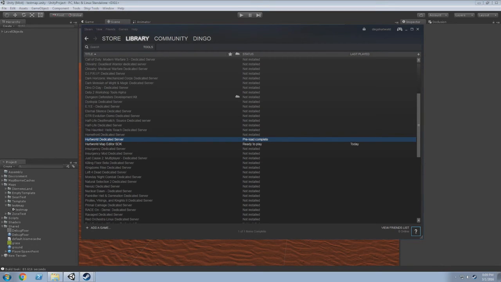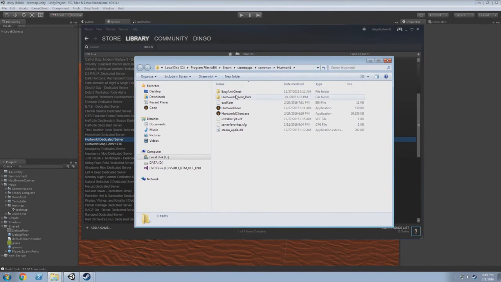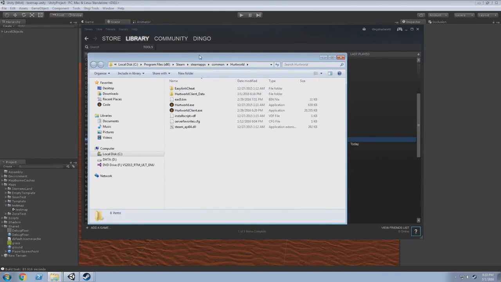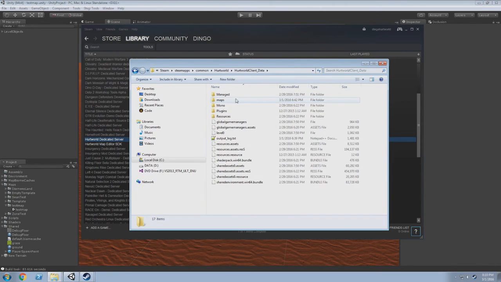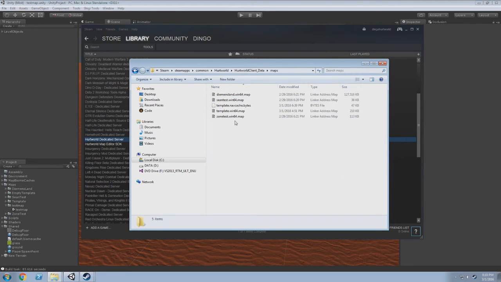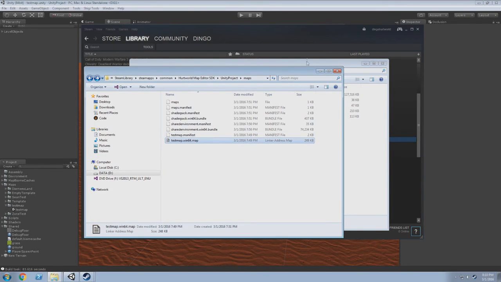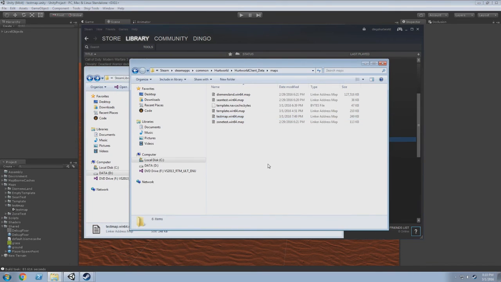The difference between it is that it's completely restructured to be able to load maps into the engine, which was pre-built into it before. So once you've done that, your structure of your game directory where it's installed into Steam, if you open up your data folder, you'll see a maps folder, and this is where you want to put your new test map. So if we open up where we built our test map from, copy it across to the game client,